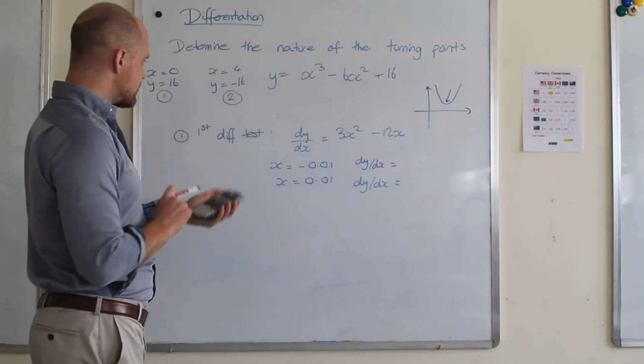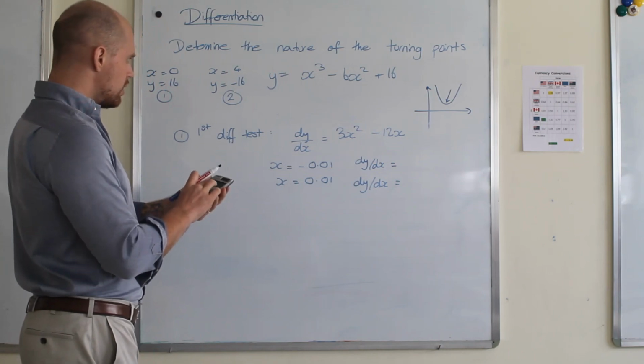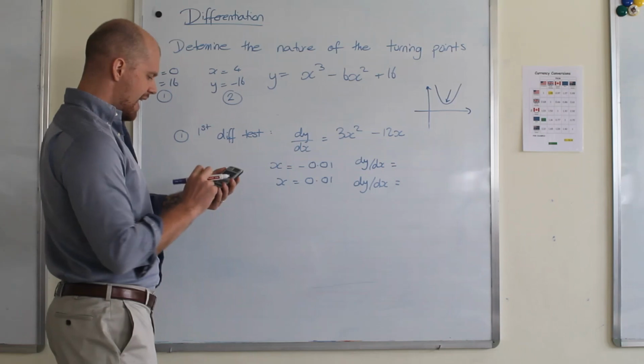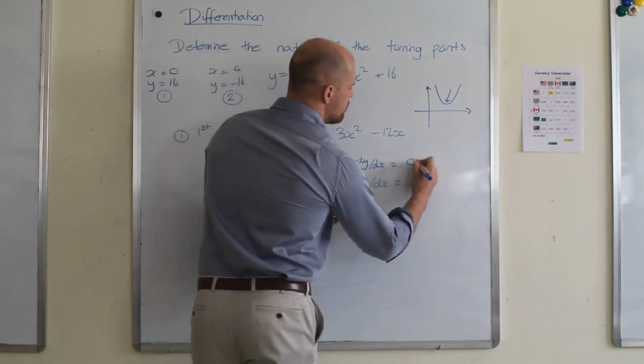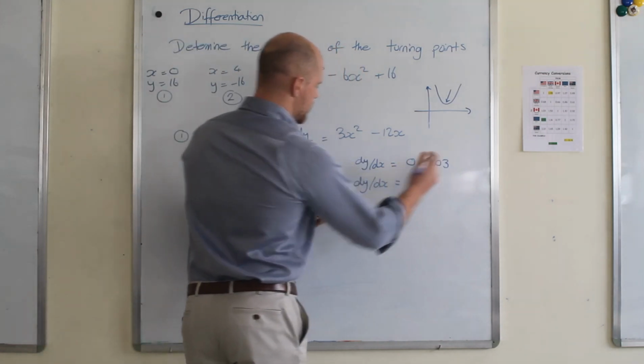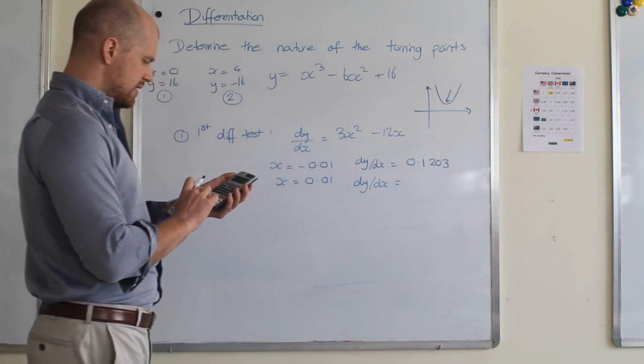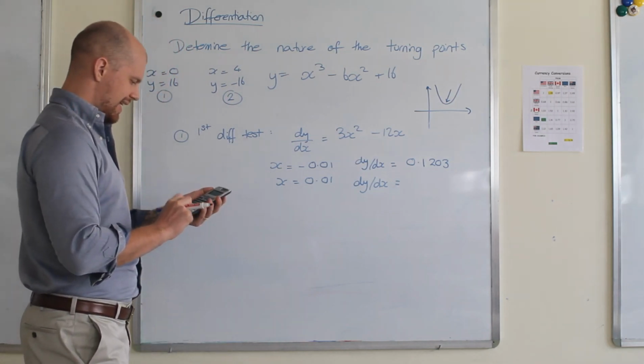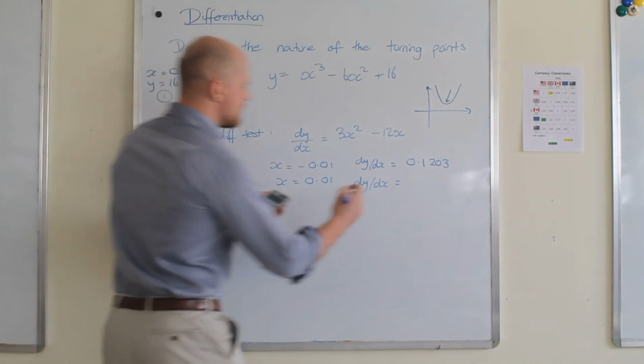So for minus 0.01, I do 3 times x squared and then minus 12 times x. I get a positive number, 0.1203. And then for 0.01,